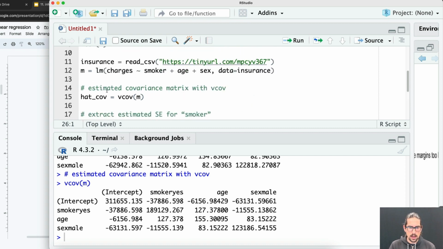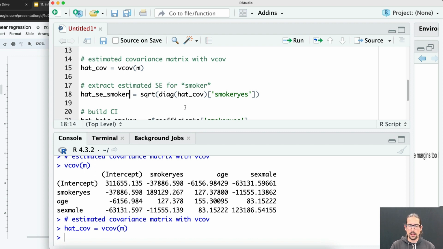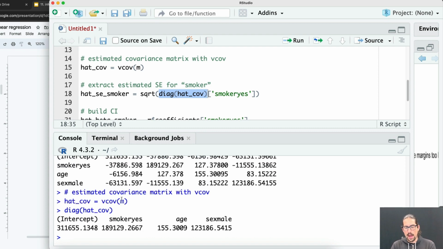So let's say I got my estimated covariance matrix like this. Here I'm extracting the estimated standard error for the coefficient on the smoker variable. This is one way to do it. This gives me the diagonal of that covariance matrix. Then I just want the value for smoker yes. And then I take the square root of that to get the standard error, because this is the variance. So if I run that,